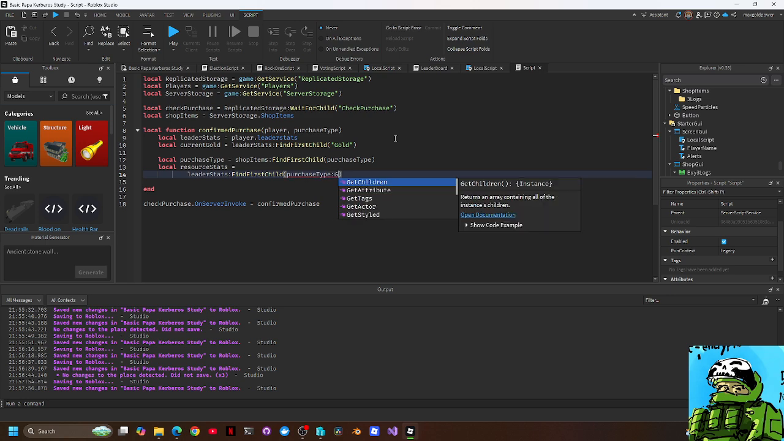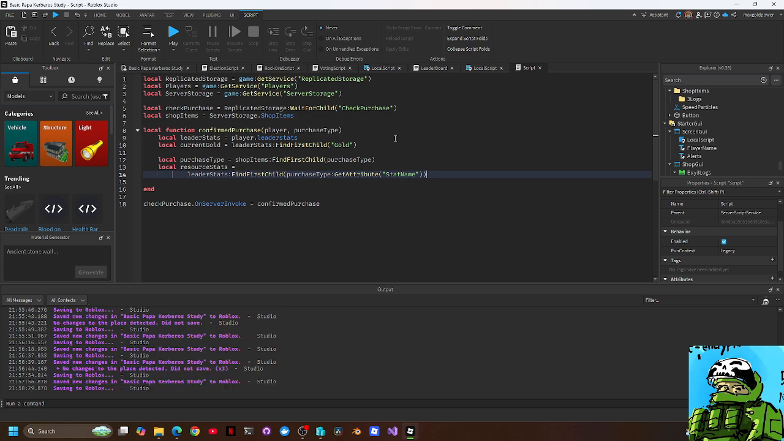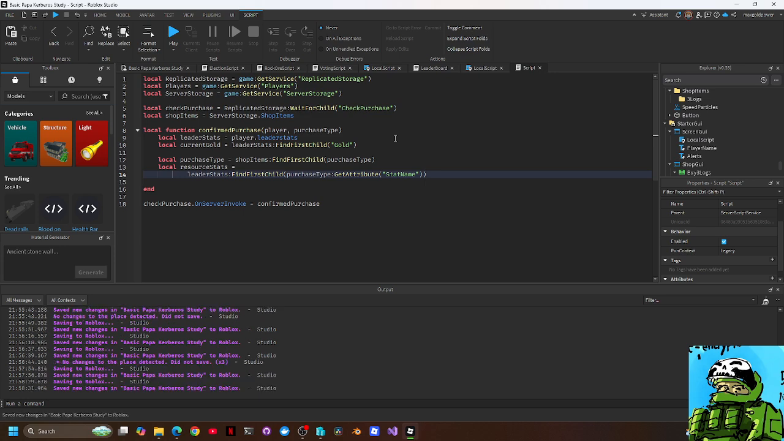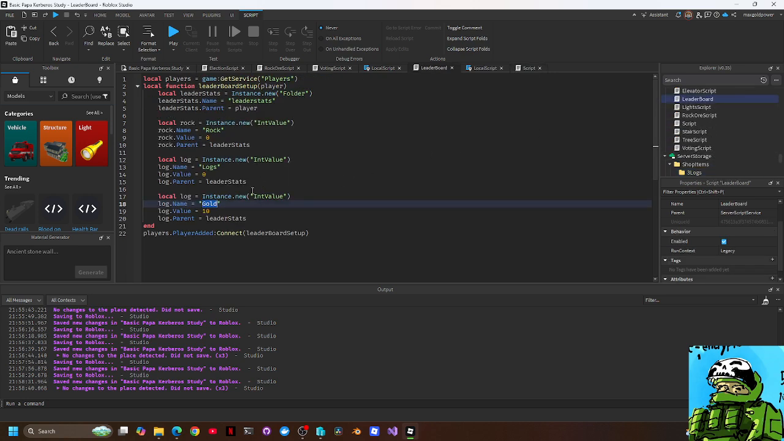Purchase type, get attribute, then stat name. Why is it stat name? Leaderboard, resource stat, leaderboard first. Purchase type dot get attribute stat name. Stat name. So this one, stat name is logs. So logs, do we have logs here in our leaderboard? Logs, yeah, we have logs. Okay,